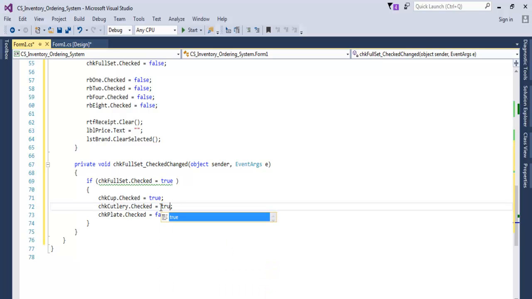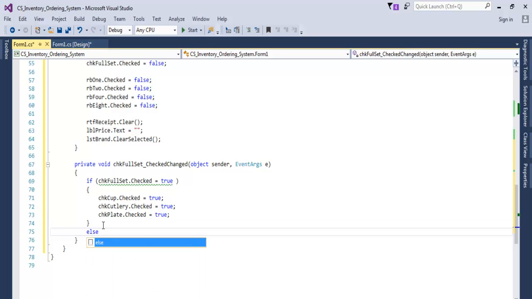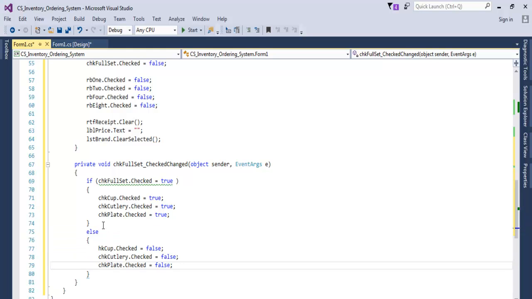So that's true, and this one is true as well. Else, all of this, if it's unchecked,